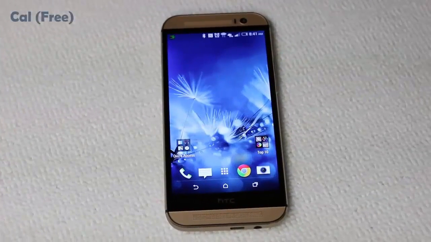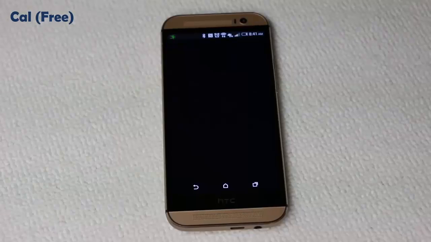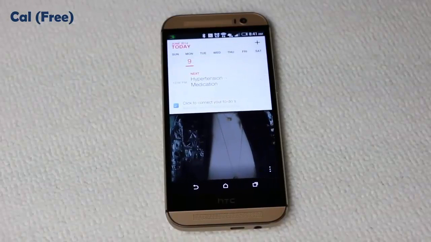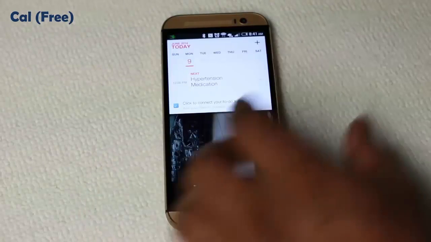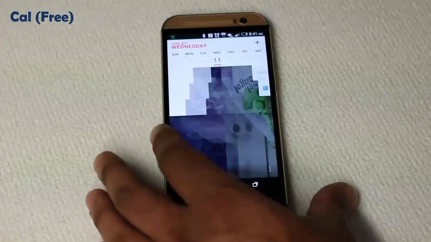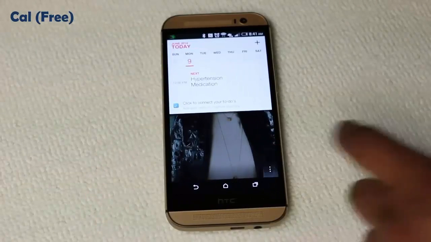Alright, the next application I want to talk about is called Cal. This is a calendar application. It's free, and it allows you to use a different calendar instead of the basic calendar that comes with your Android. It has a pretty interface, so it gives you a today view. You can swipe over Tuesday, Wednesday, Thursday, Friday. Let's go back to Monday, and then you can go to settings,